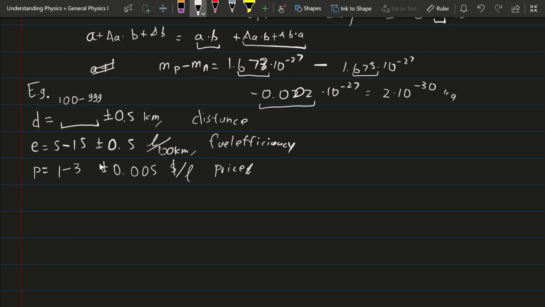Therefore, we could predict that the fuel that we need would be the distance multiplied by the efficiency. But only doing this gives you a totally wrong answer, because they are not in the same unit. As you can see here, the unit of the efficiency is liters per 100